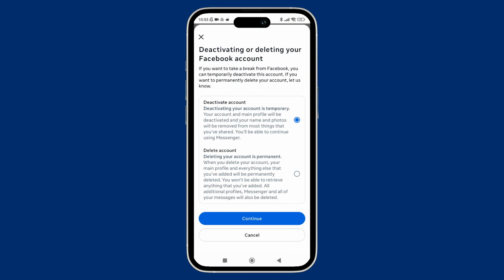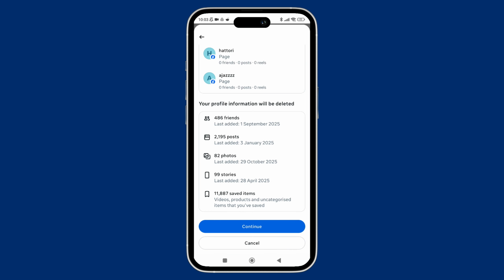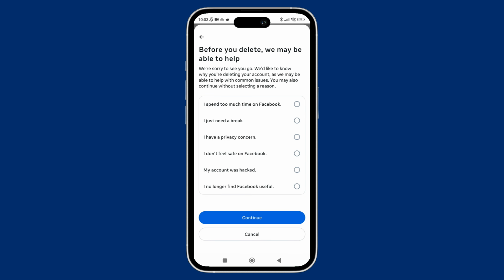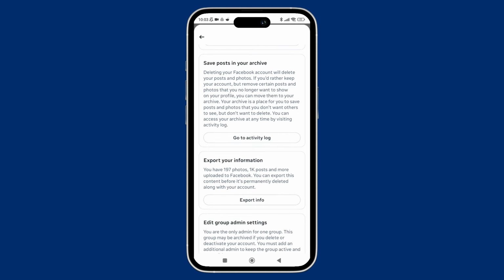And now here, you can simply select delete account from here and tap on continue. And after that, you can simply scroll down and tap on continue. And with that, you can choose the reason for your deletion, and there you can just tap on continue. And here with that, you simply have to select no continue with deletion,